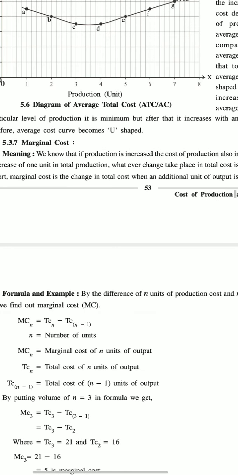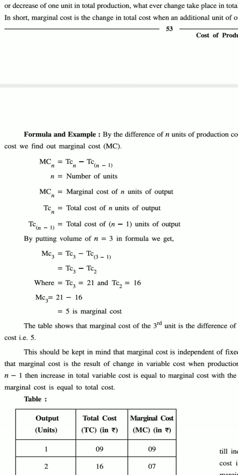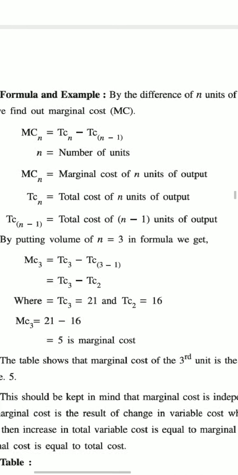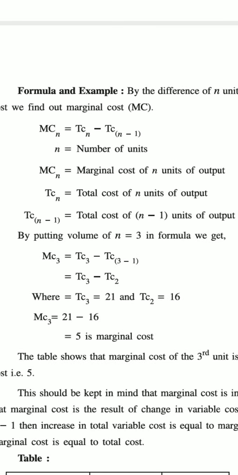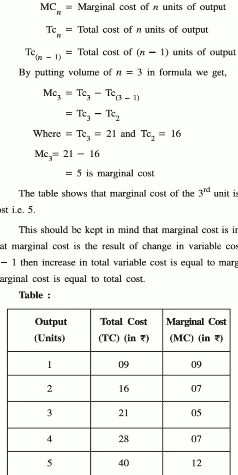Coming down to the marginal cost, as we have seen, marginal cost means the cost that is incurred by the production unit in order to produce one additional unit of a commodity. So the formula that you have to remember is MCn is equal to TCn minus TCn-1. Now they have given you a mathematical calculation showing how you get the figure. Assuming, as they have seen, MC3, that means for producing 3 units of output, if I apply the formula, the total cost n, that is TCn, is 3, n minus 1, so 3 minus 1 is 2.